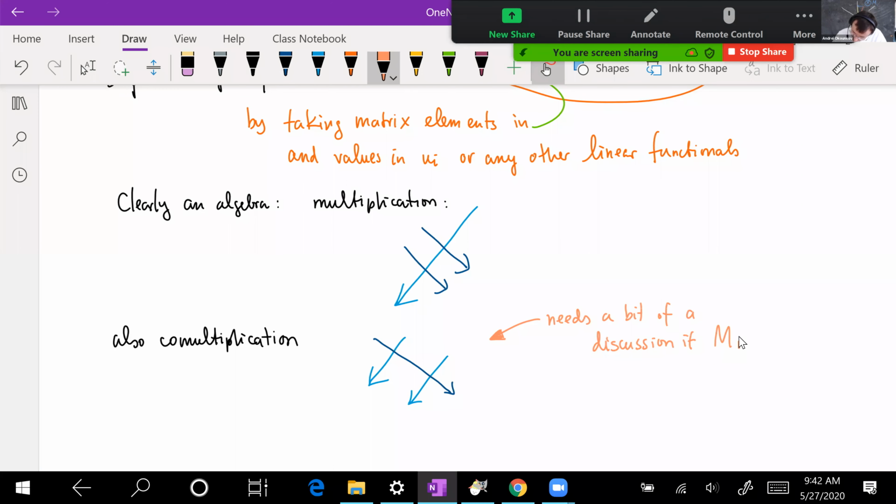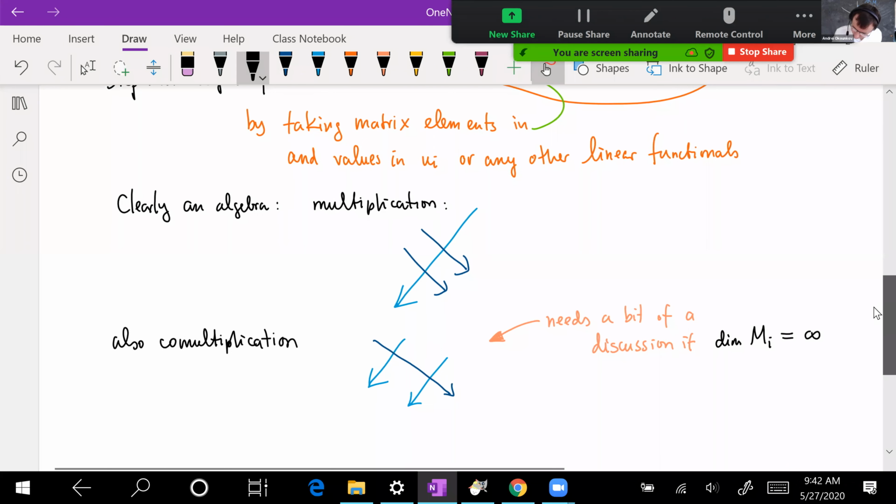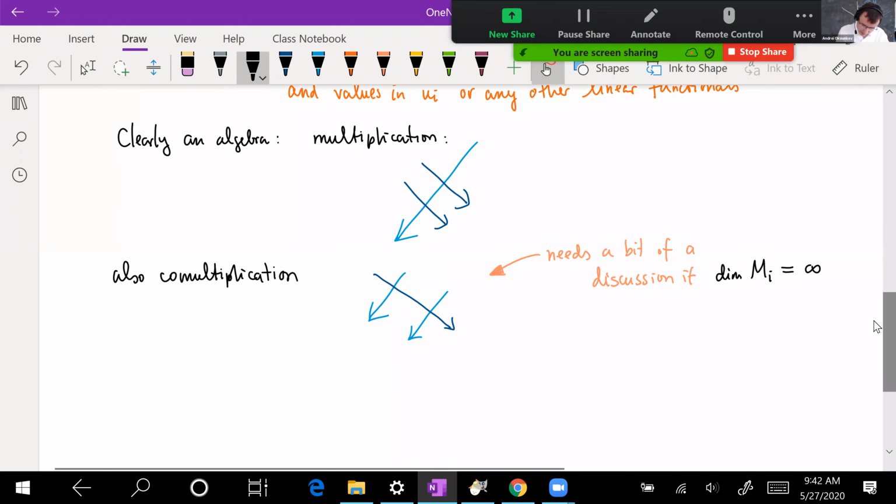If the dimensions of these modules MI are infinite, then of course, if I take a matrix element of a product, if my matrix was of finite size, this would be a finite linear combination of matrix elements. But if the matrix was of infinite size, then it will in principle be an infinite linear combination. And what would be convenient for us? I recall that our modules M, just some typical module M,